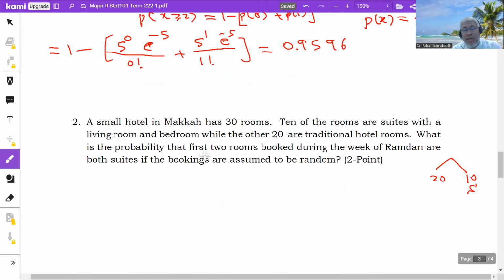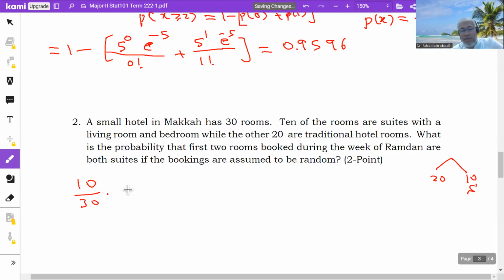What is the probability that the first 2 rooms booked during the week of Ramadan are both suites if the bookings are assumed to be random? Okay, so we need both rooms. We will select 2 rooms and we need both to be suites. So one by one, what is the probability that the first is a suite? Okay, how many suites are there? 10 over the total, which is 30, times